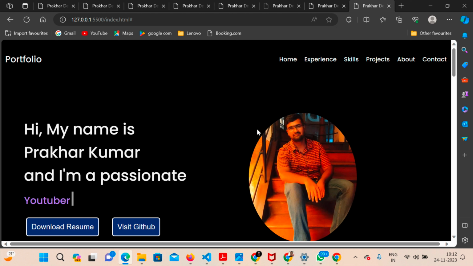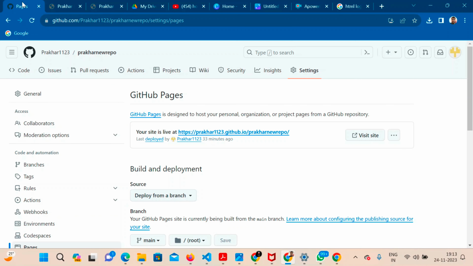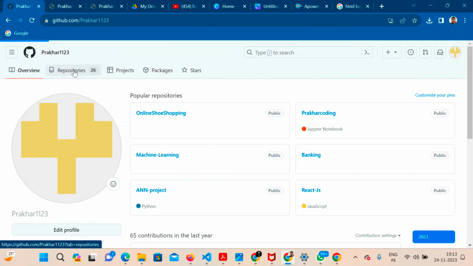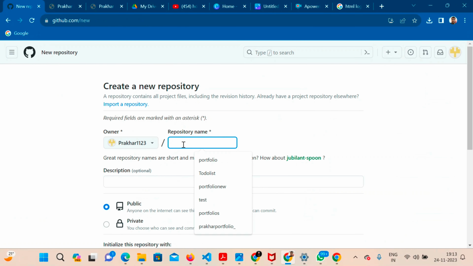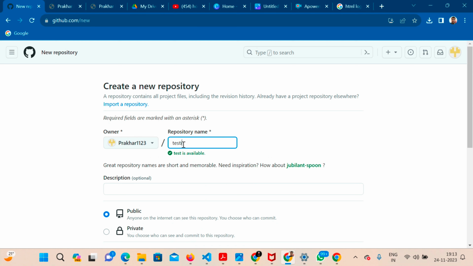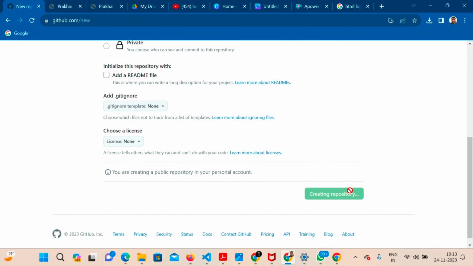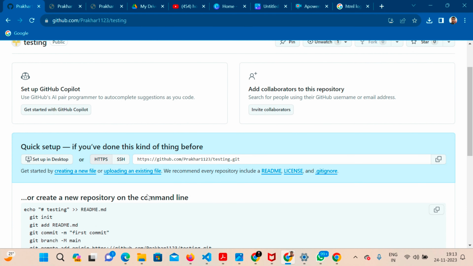I have already created the folder of this website, and then I will go to GitHub. Here I will go to the repositories, and I will create a new repository and write something like testing. Then I will go to create repository, and in the create repository page there is an option of